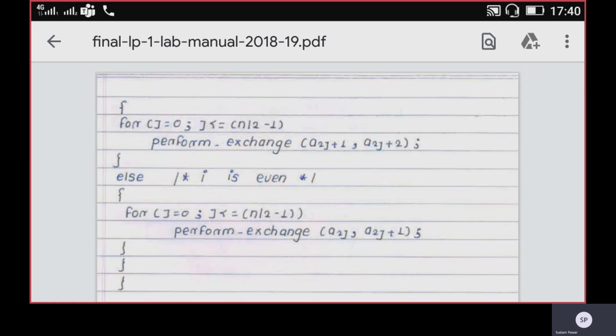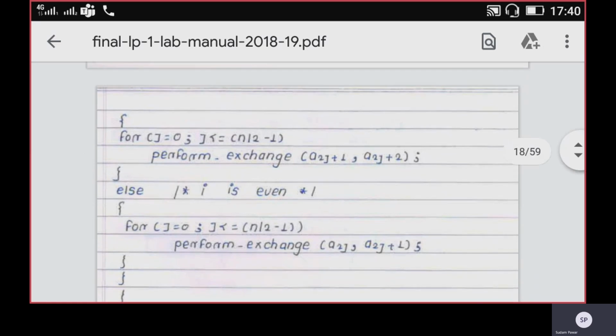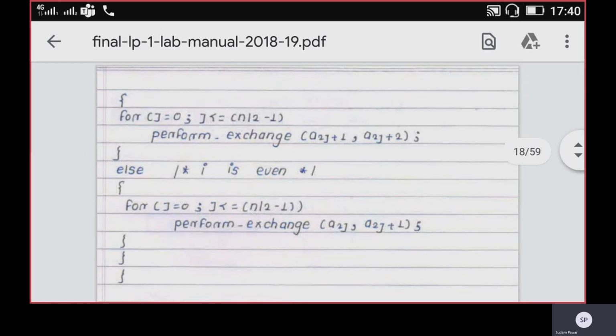If the first condition is false, then your algorithm will execute the second for loop, the else part. Otherwise, no need to execute the else part, only the if part will be executed, where the odd element will be compared with the even element.